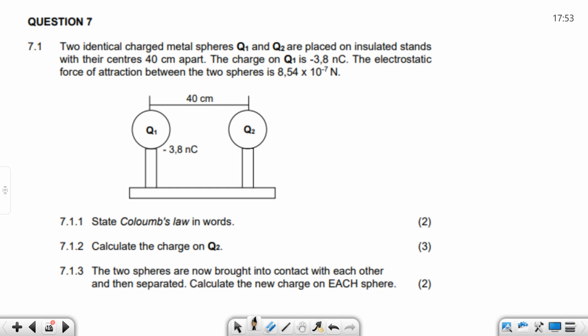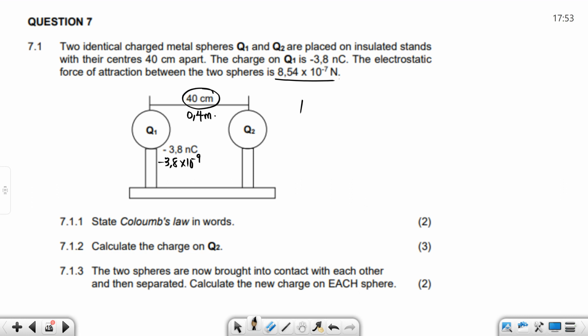Let's just quickly, I'm not going to finish the calculation, guys. The charge on Q1 is, remember what I told you, they will always give you that. What do we do? We change it, times 10 to the power negative 9. 40 centimeters, what do we do? Divide by 100. 0.4 what? Meters. Now, we know that the force of attraction between the 2 spheres is given, this makes it